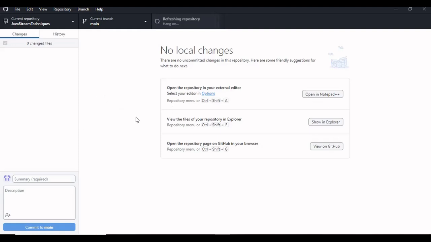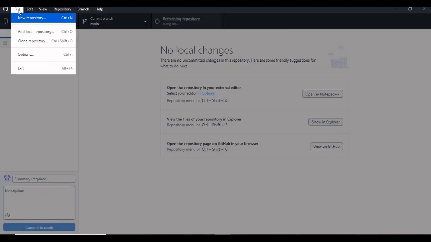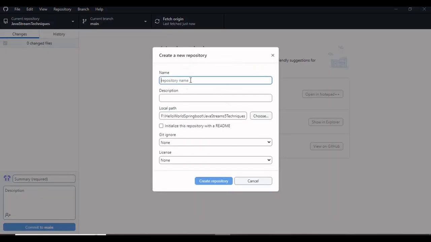So if you open the GitHub Desktop, there you will see a file option, right? There is an option of creating a new repository. So click on it, create a new repository, right? So click on new repository. It will again open the same form that we saw when we were making a repository using the GitHub website, right? So same way you have to put the name of your repository.